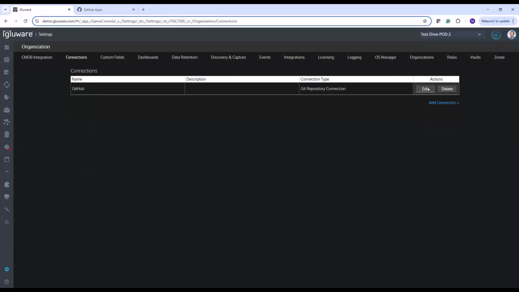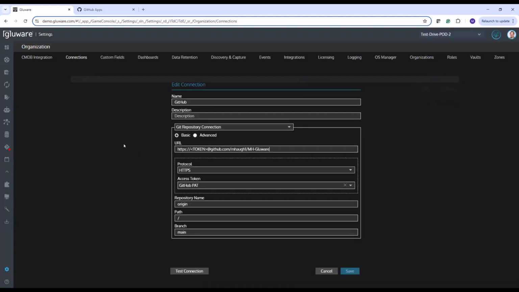So in the connections view, let's go ahead and edit this and see how I've set it up. So I've named it GitHub because that is the repo that I'm using. And I have selected in the drop-down a Git repository connection. Now, what I do want to highlight is the way in which we connect to repos is going to be specific to those repos in terms of how you pass credentials when authenticating. So what I do want to point out is that